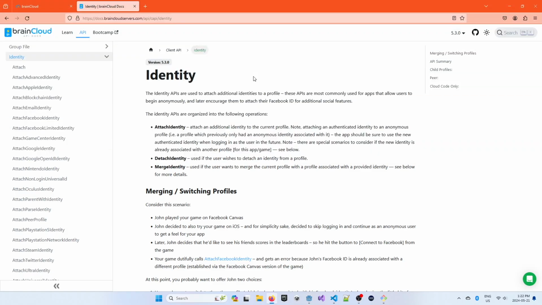Welcome to the Godot BootCamp lesson on attaching an email identity. Let's discuss why you'd want to attach an email identity to a user's profile, as it may not apply to every gamer app. If your gamer app is going to allow users to authenticate anonymously, then this lesson is for